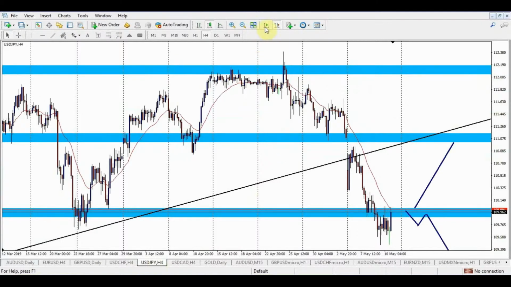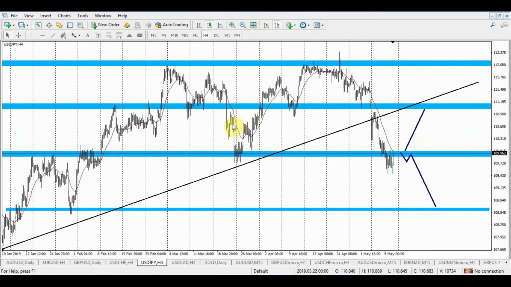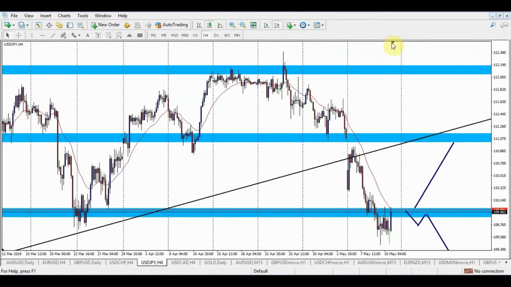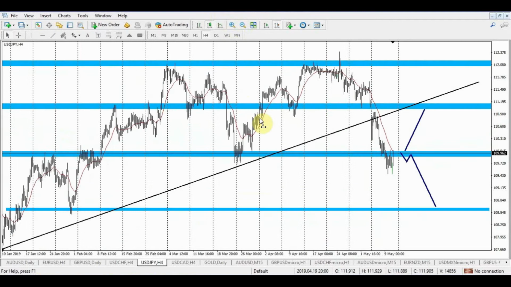USD JPY. If you have looked at last week's markup, USD JPY has hit our first take profit area here, and our second one I believe was this side here. Yeah, I believe. And so we're still looking at that. Maybe we will get a retest of that trend line. Basically we're still looking for that sell, but we might have a retest of that structure up here, right, or